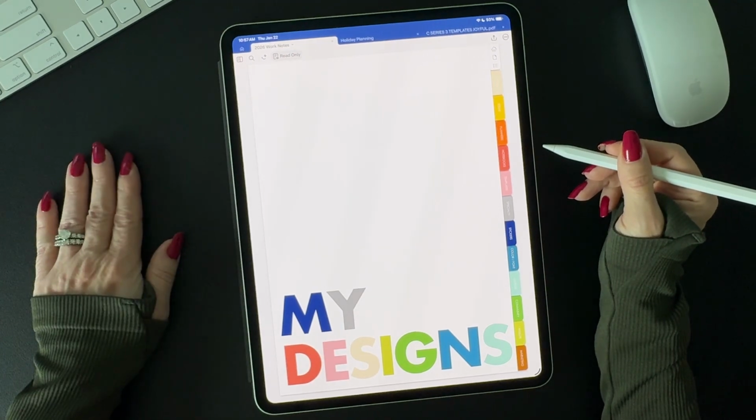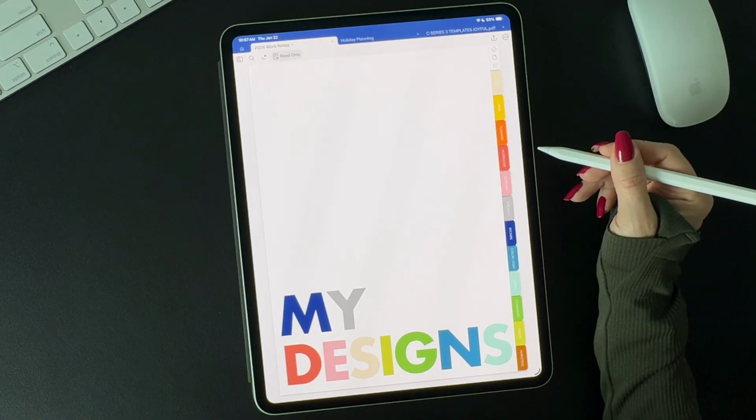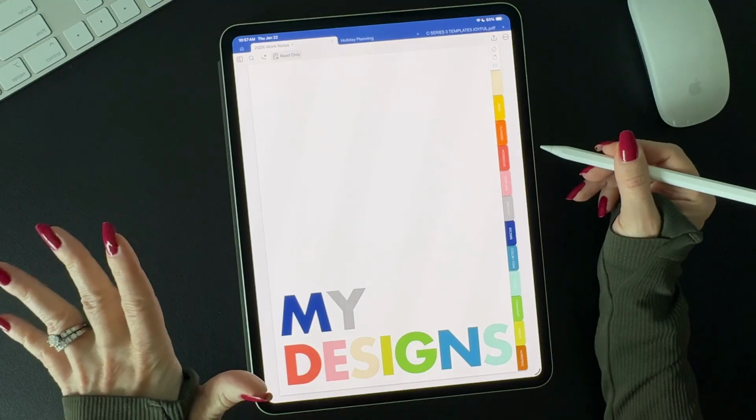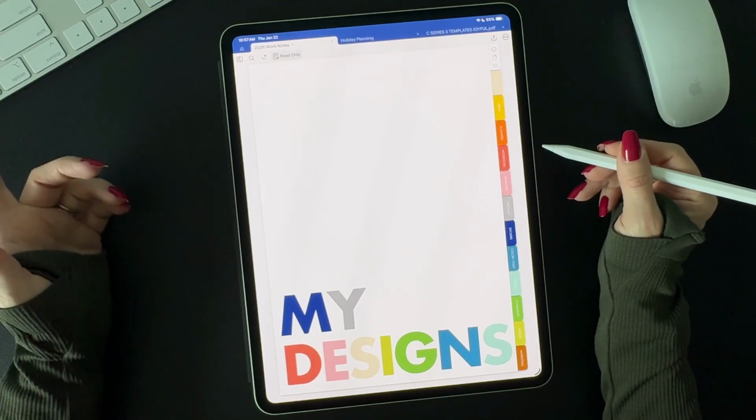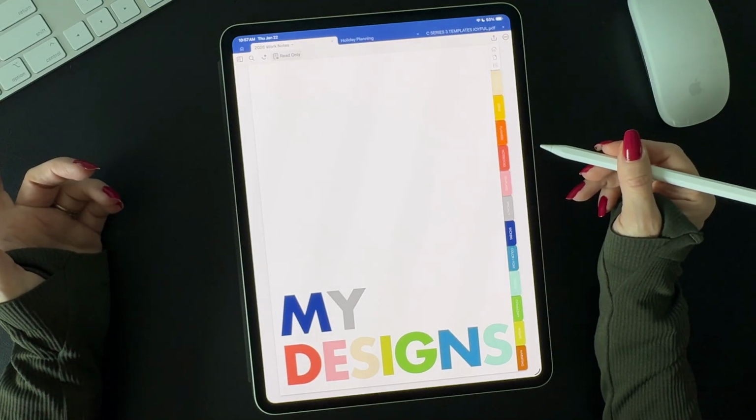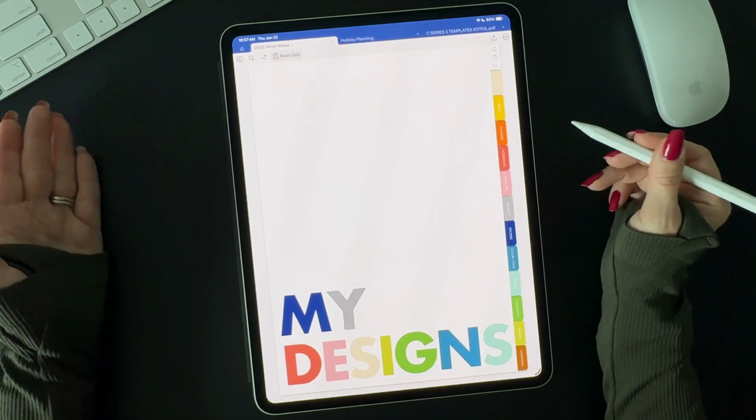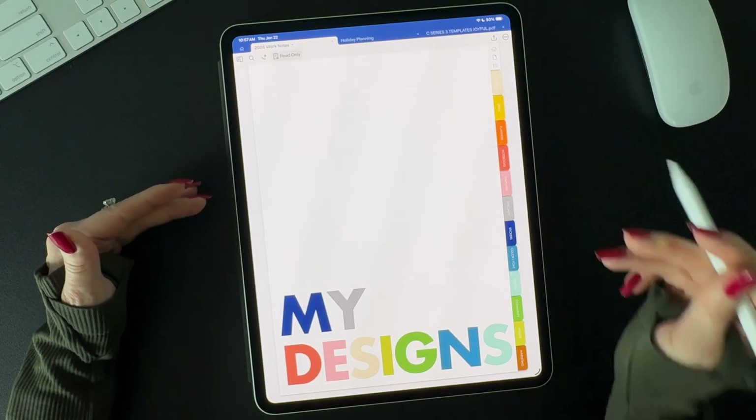So today, what we're going to talk about, because I do get this question asked often, is: what is the difference between digital notebooks, like a multi-subject digital notebook, and templates? Okay, so